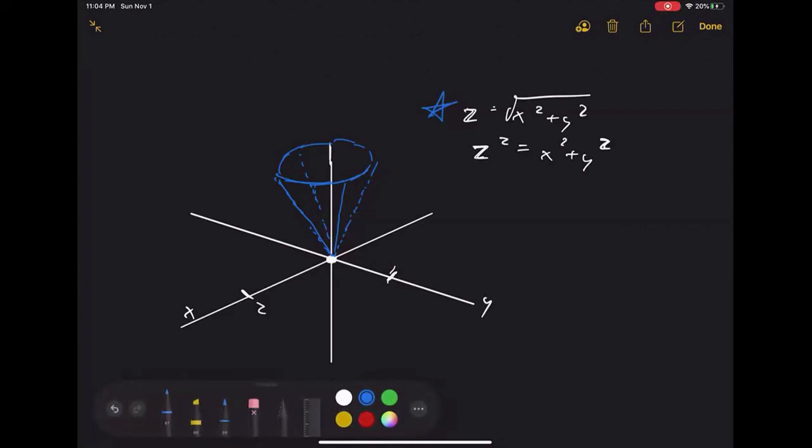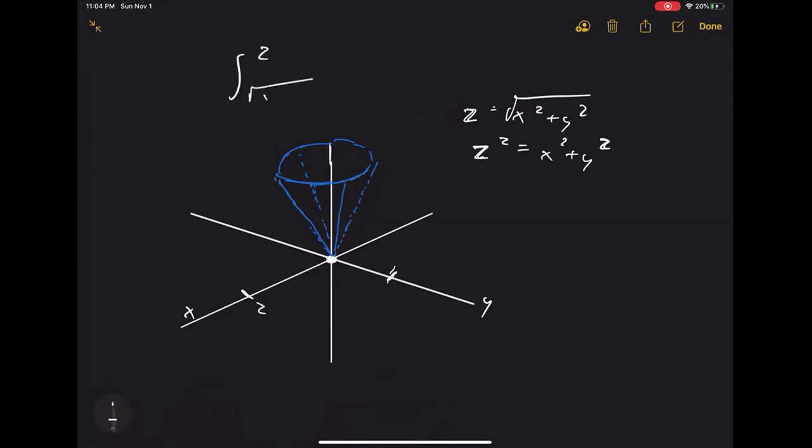This cone opens upward, and then remember we have the upper bound for z. Our z bound was 2, and then the square root of x squared plus y squared. Okay, so my z value is less than 2, so let's say there's 2 here, so that's kind of our ceiling. Really, that'd be more like in here. Okay, so 2, and then our z values are greater than or equal to this blue curve,